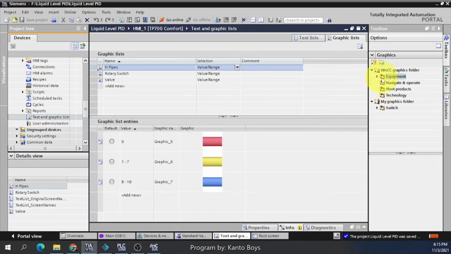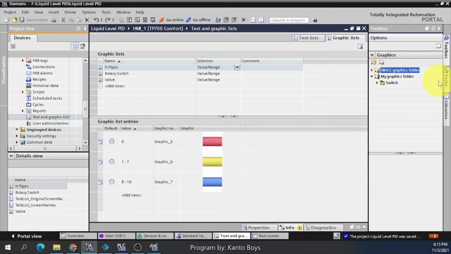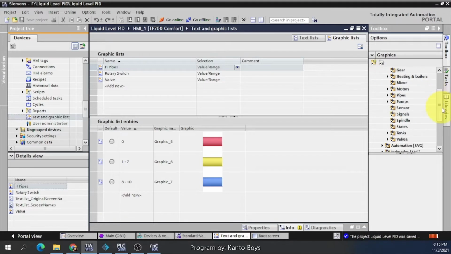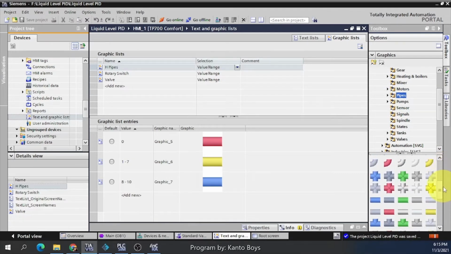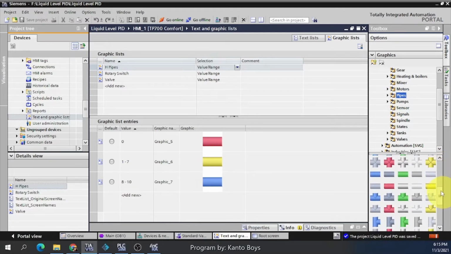I get the image from the WinCC graphic folder. So equipment, and then you select pipes. So these are the pipes. We have elbows. I select here 3 colors. For up is red, drag and drop, and then yellow, and then blue.